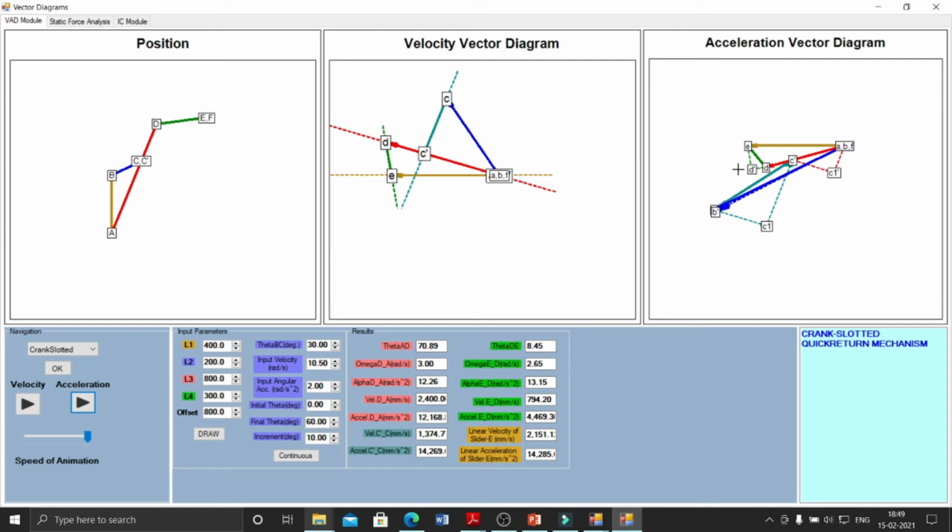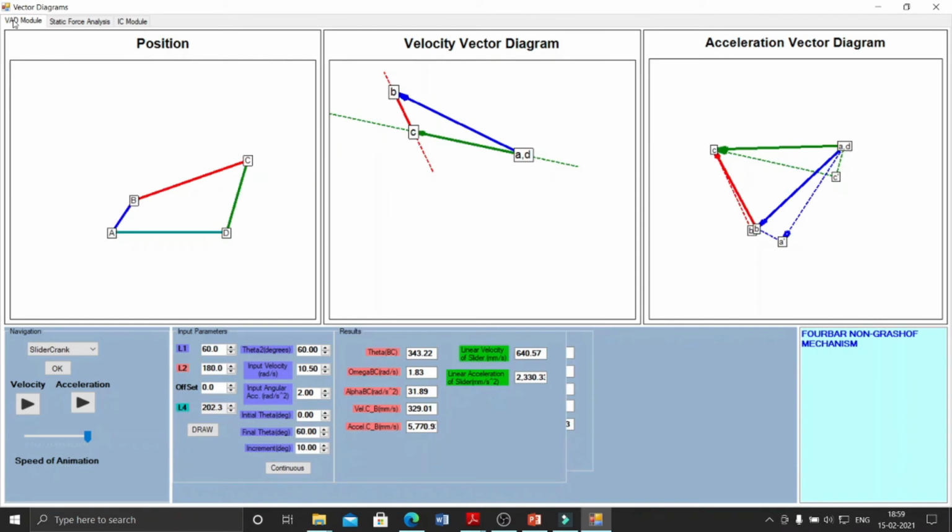Again, you can draw its acceleration diagram. For that you need to click over here. In this way you can use this toolbar for the kinematic analysis of linkages using the relative velocity and relative acceleration method.